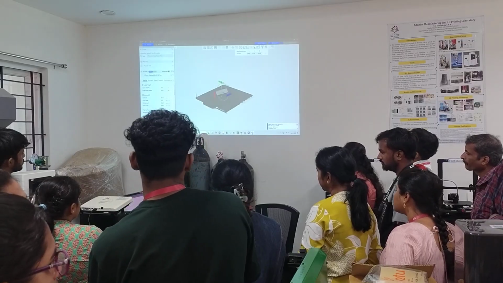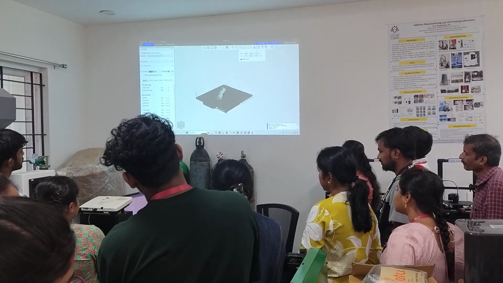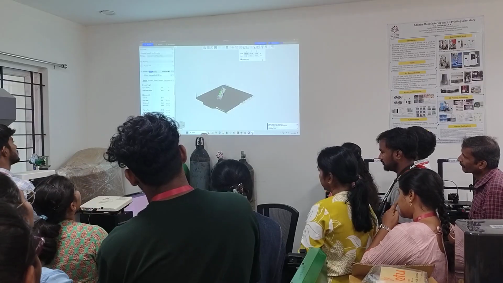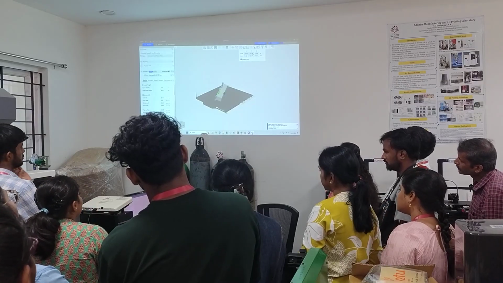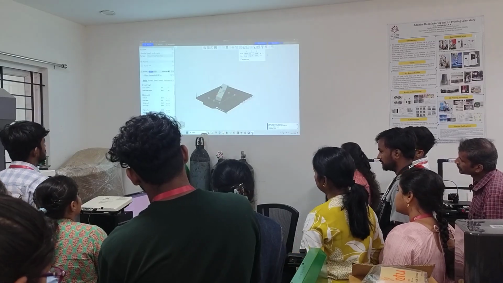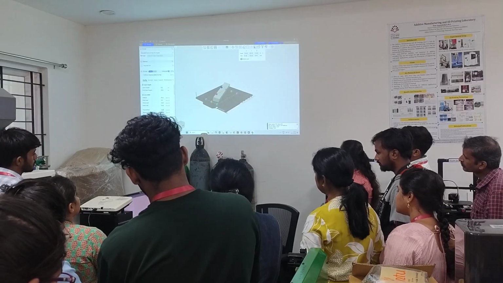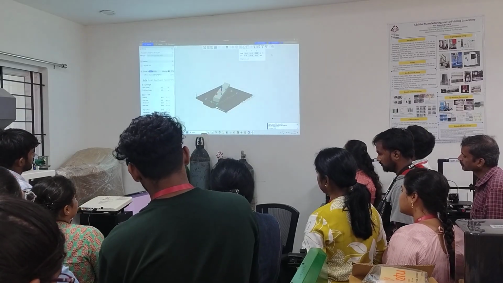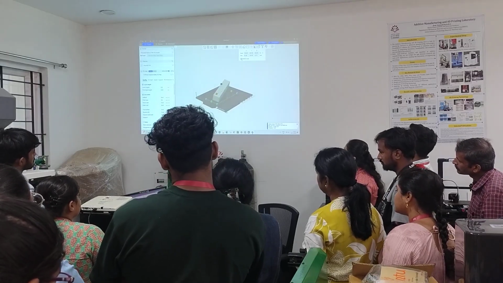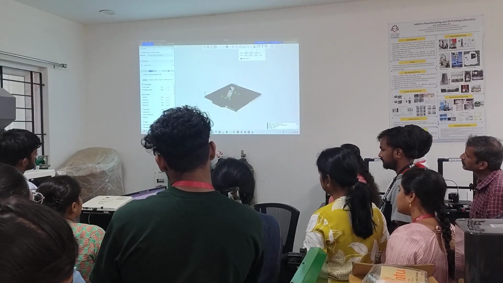You can rotate this in any way. Then this is scaling after this one. If you want to scale, you can do this in all the axes. If you select uniform, it will take all the axes. If you unselect it, it will take only the one axis where I'm editing. We don't want that one, we want that much.